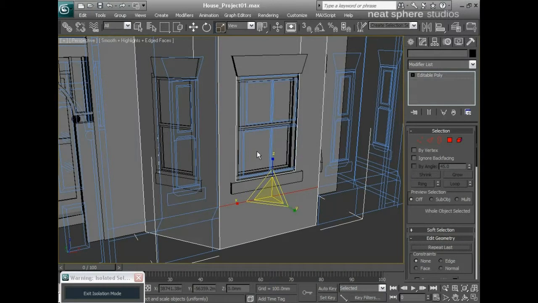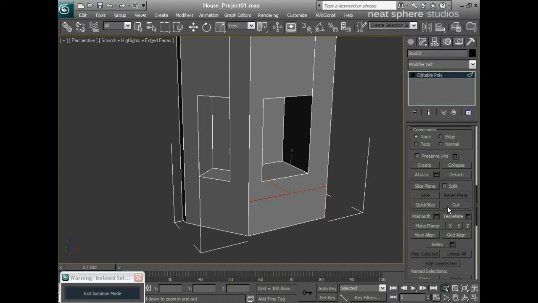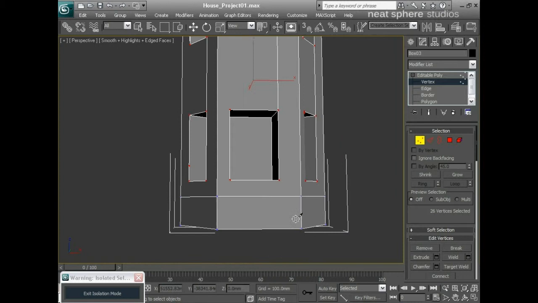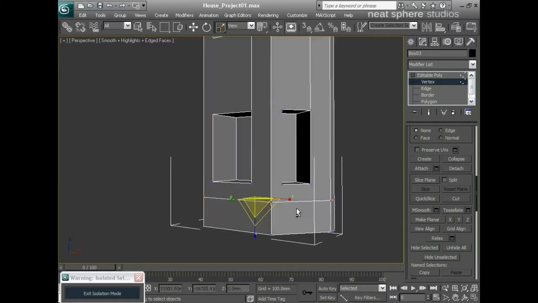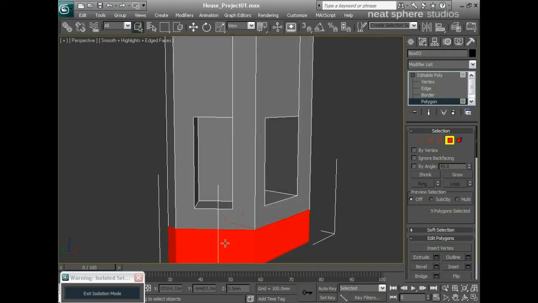So I'm going to isolate that object whilst I still can, and I'm going to use my cut tool. So I'm going to go from that vertex to there to back, from that vertex to there to back, and I'll grab all of my vertices in that line and I'll make them planar in Z. Boom, there we go. Nice and easy. Then what I'm going to do is I'll take the polygons, 1, 2, let's get out of this scale mode, 3, 4, 5,